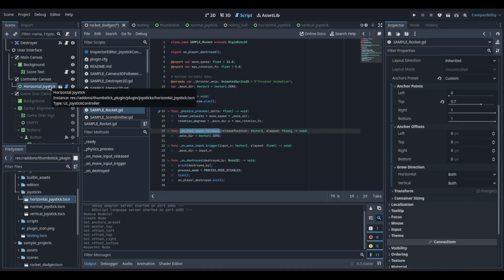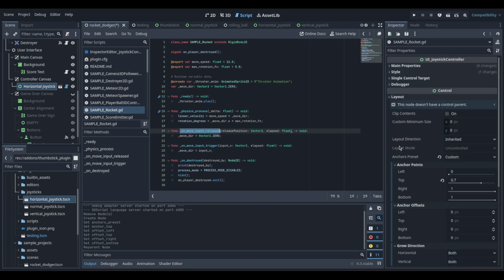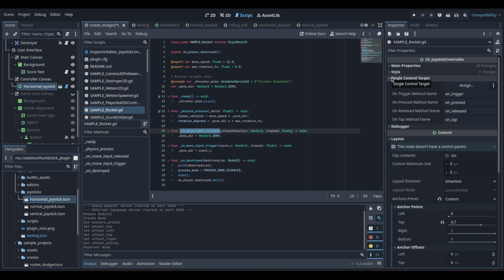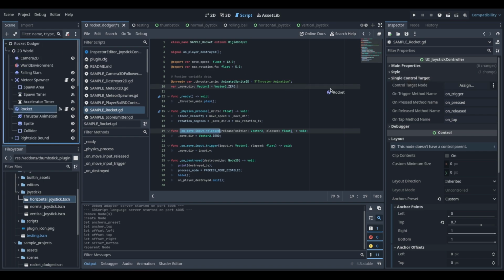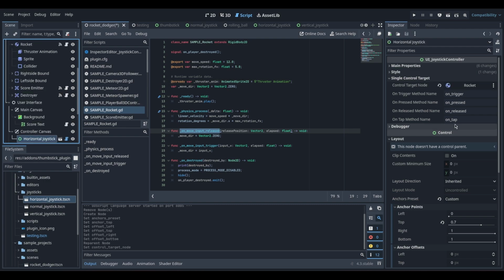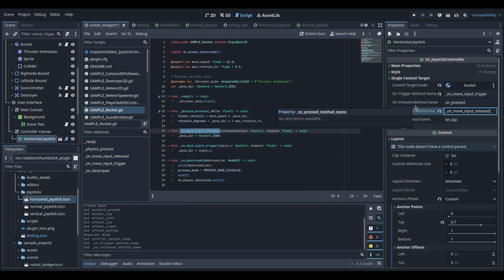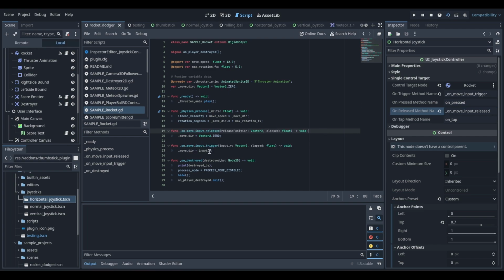Select the horizontal joystick and go to the single control target. All you need to do is find the rocket and drag and drop it into the control target node, and change the method name that is used to call inside the script. I will replace the trigger method with this one, and also the release. Save that, and if you try testing the game,